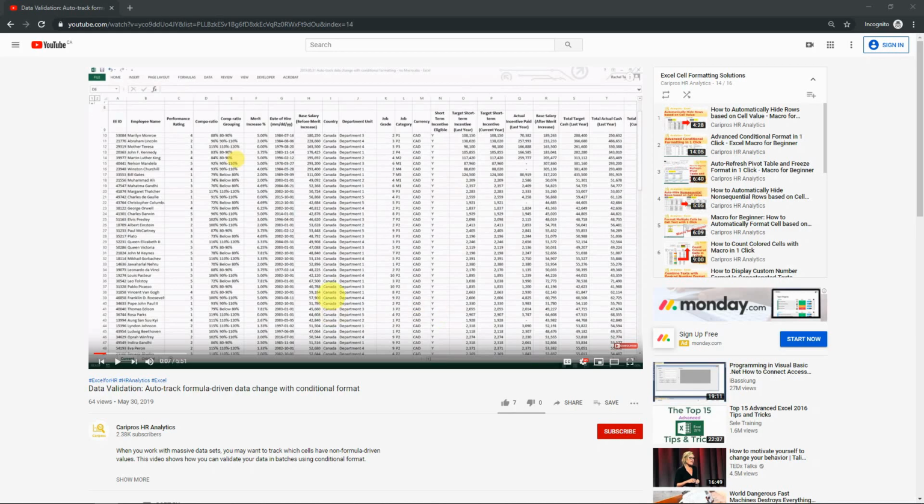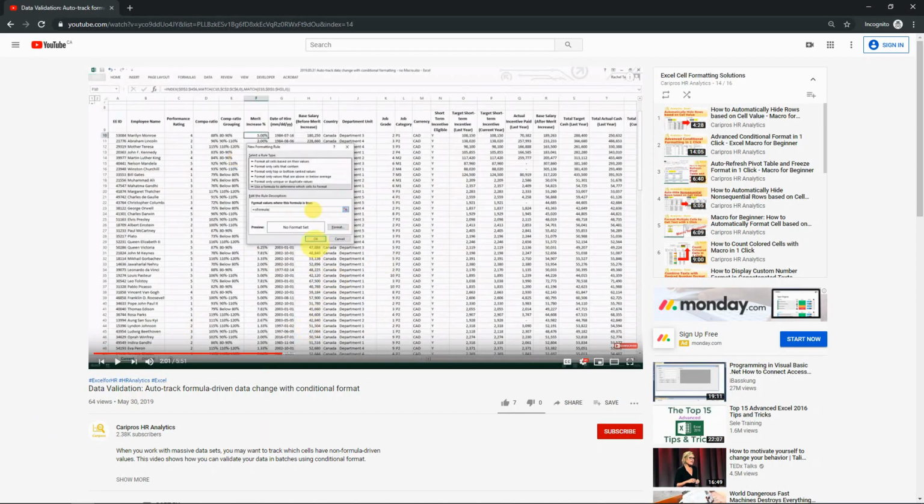Hello everyone, this is going to be a very quick video on the tip for data evaluation in how to auto-track formula-driven cells. As you see, I've already made a video on how to do that, and basically you just leverage the function in Excel 2013, which is the ISFORMULA function, and it is really helpful for this